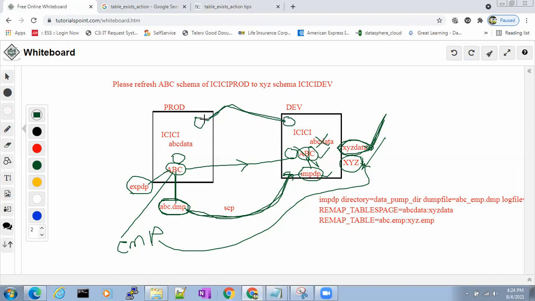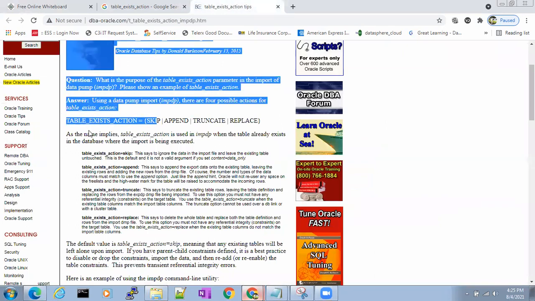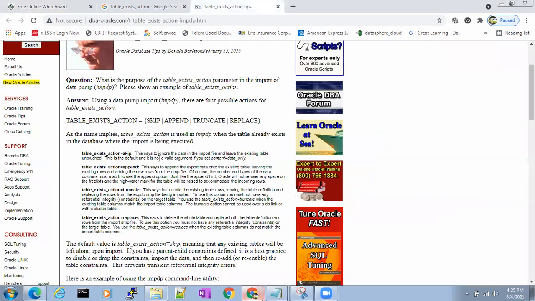What happens if we skip? We will not use the option called skip anyway; by default it will be skip only. What is skip? You can read this.